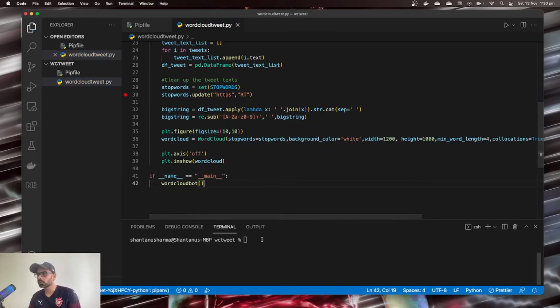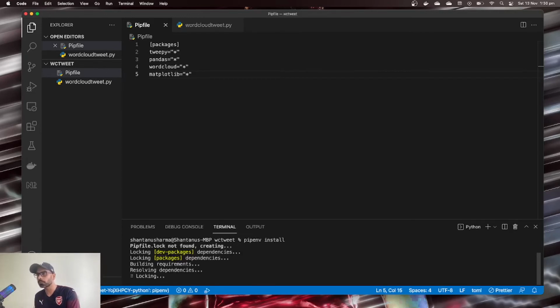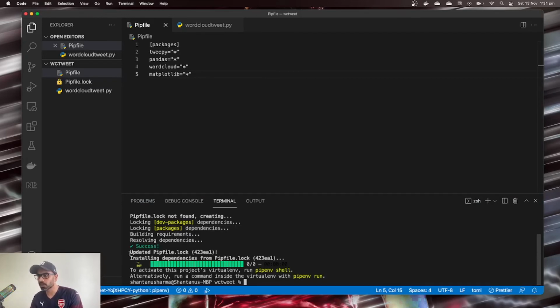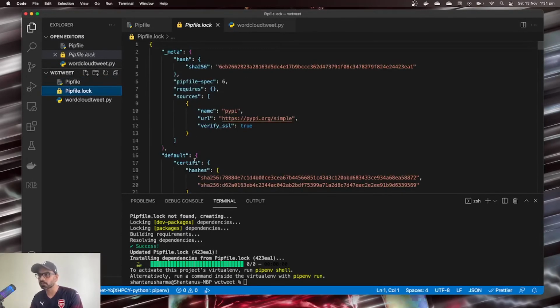Now before you run it, you need to create a virtual environment within your folder. Since the first file which we created, the Pipfile, has all the packages, we need to use these packages and put them in a virtual environment which has these dependencies installed. For that, we say pipenv install, which goes to the Pipfile and installs all the dependencies inside it into your virtual environment for the project. If you see here, it's locking the package dependencies and then building the dependencies,